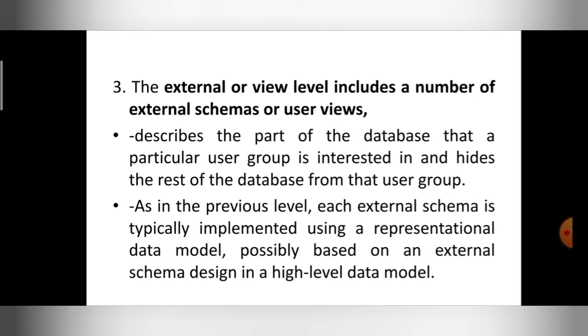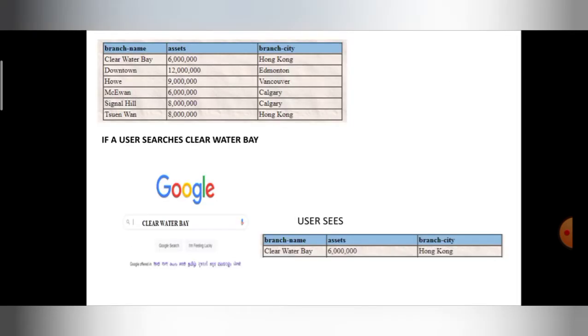I am interested only in the information that I need. Assume that our Google database contains the branch name details of the banking database. Here we have 6 branch names, but I am not interested in all the data present in the database. I am only interested in Clearwater Bay.